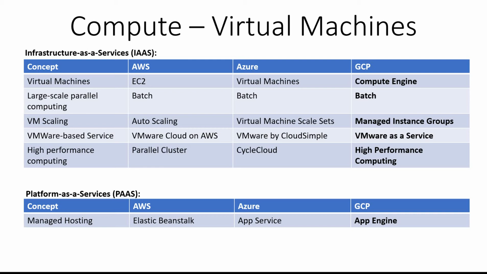Yeah, that's true. If you see it, it's there in all three cloud vendors. So it shows the popularity of VMware in the enterprise. VMware came into cloud in the last 2 years. It started with AWS, and after that VMware was introduced in Azure, and now in GCP also.